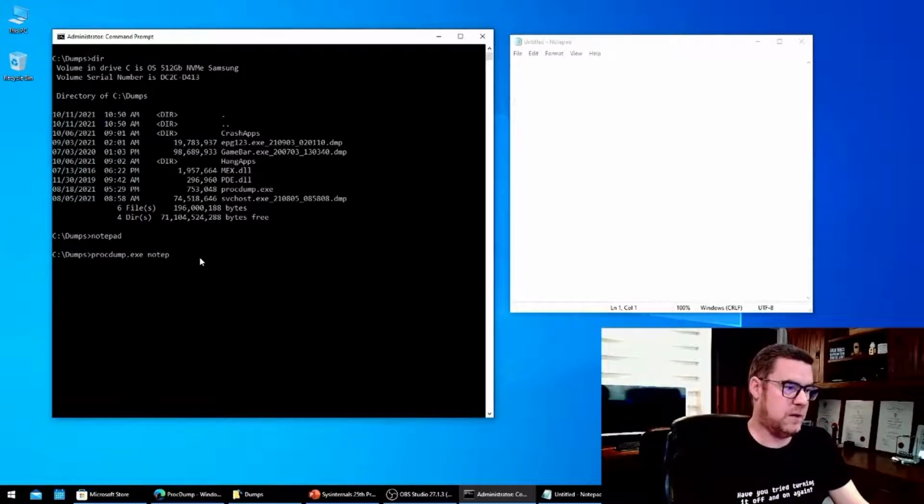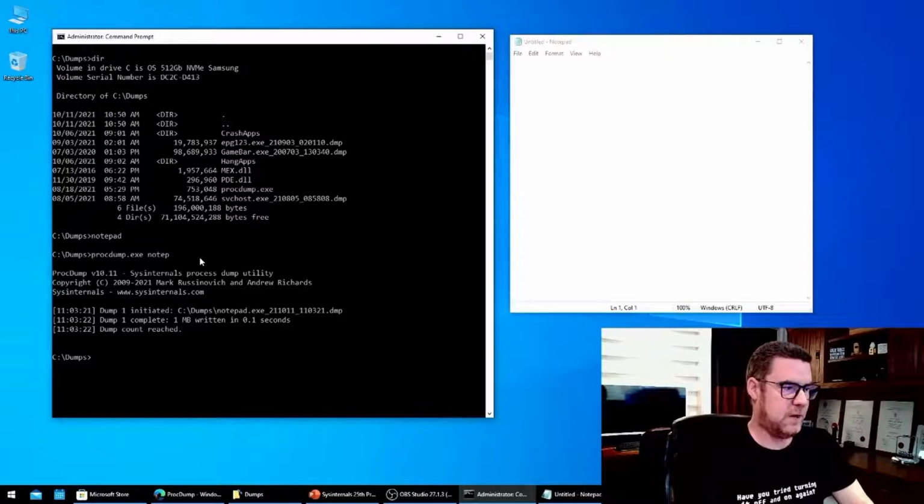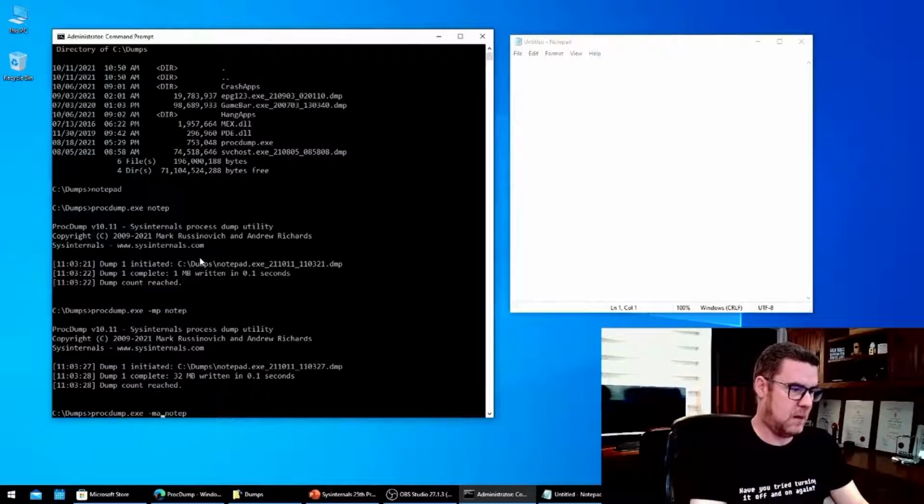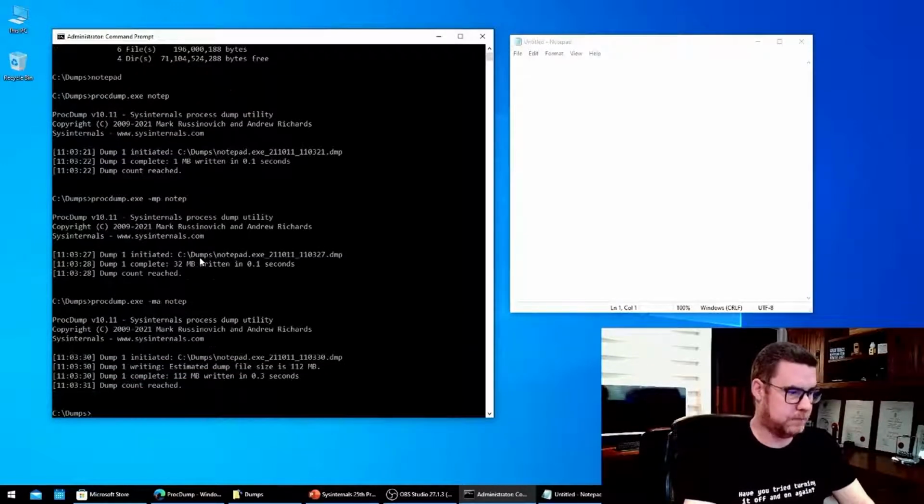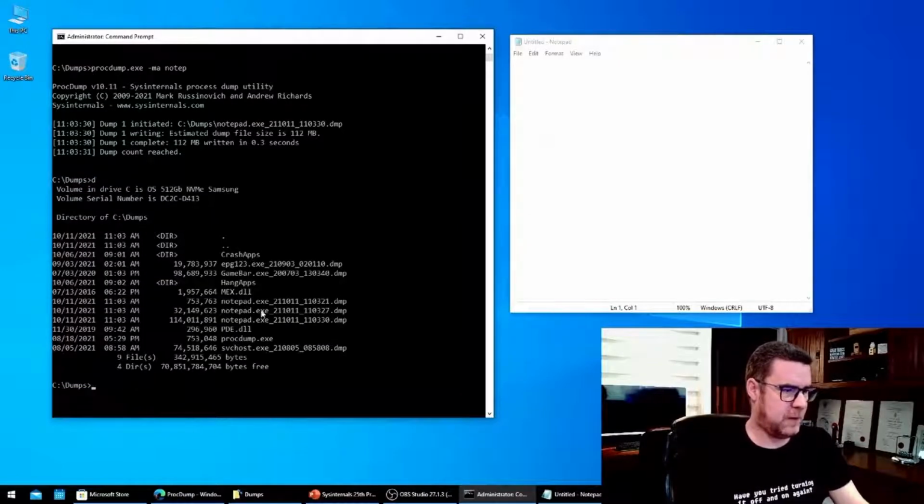And what it's going to do is match anything with the name that's unique enough. And as long as there's one, it will be happy. So for the case of Notepad, there's only one. That was a mini. So I'm going to do a mini plus as well, MP, and mini all, or memory all, MA. And if we look at the folder now, we've generated 3 files, and you can see seconds went up as we ran each one.